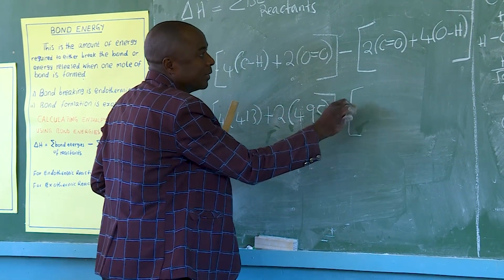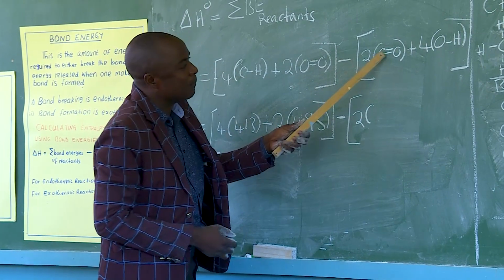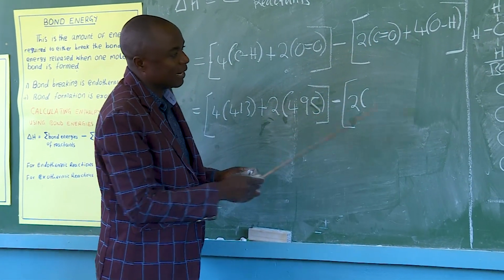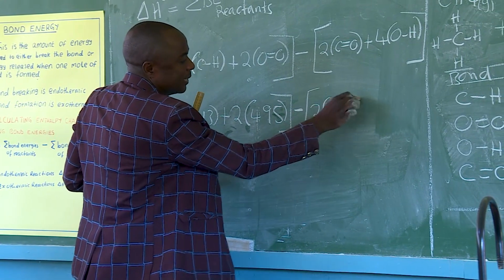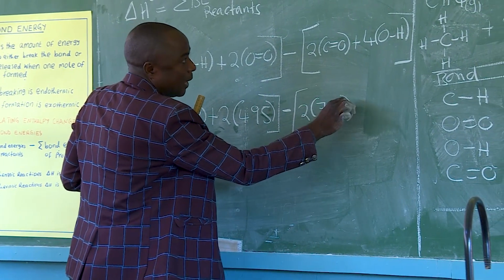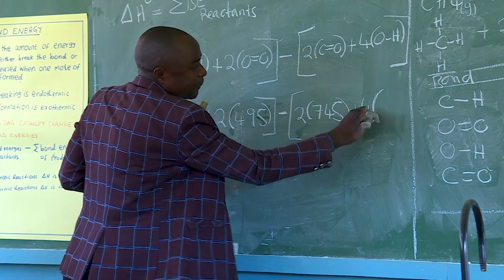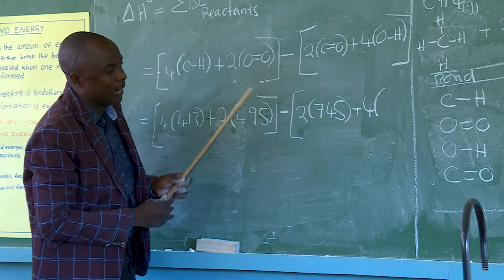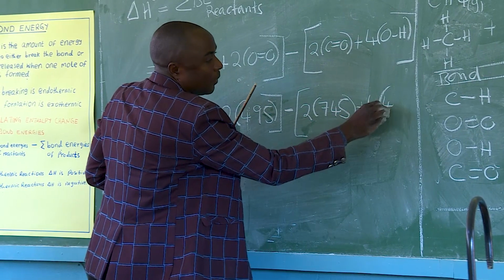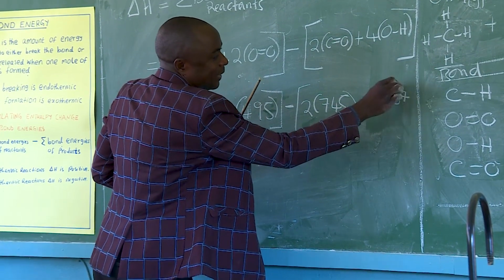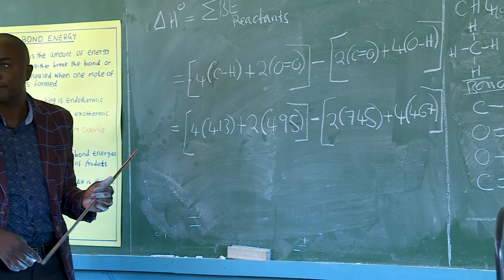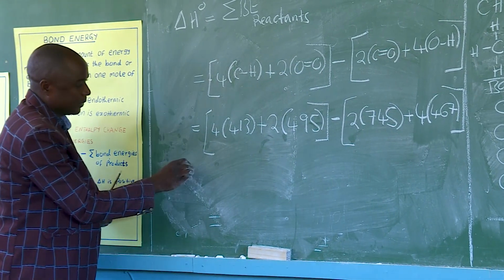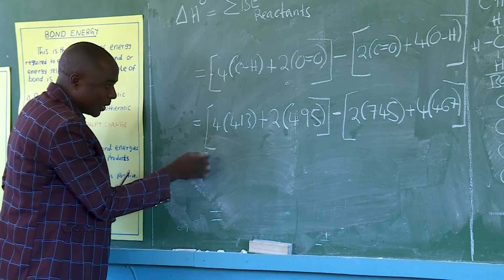We open 2 carbon to oxygen bond. Carbon to oxygen bond is 745. 745. Okay? Plus 4 oxygen to hydrogen bond, 467. Okay? We close it like that. Are we clear? Yes. We bring it down. So now we are going to have